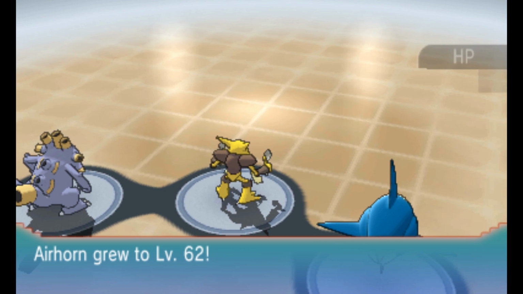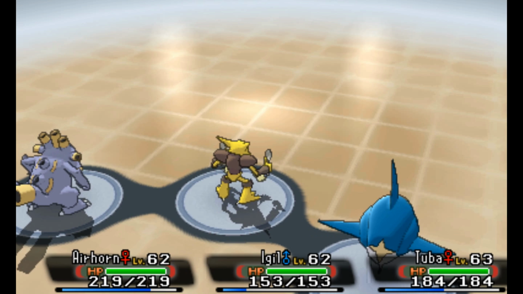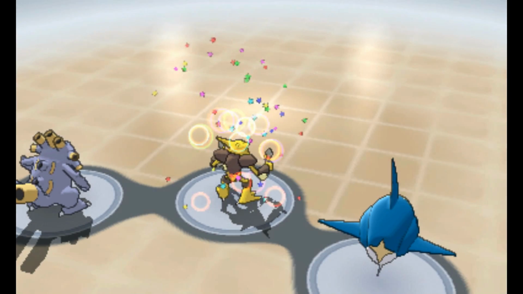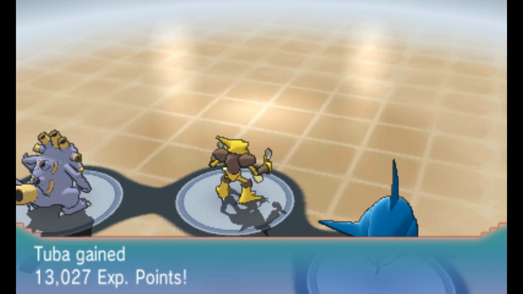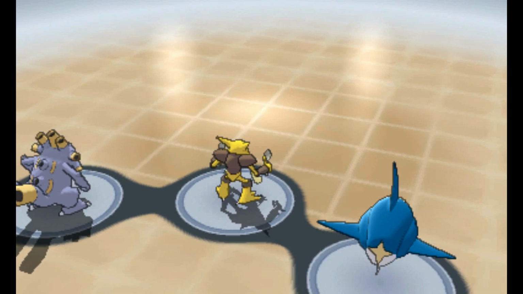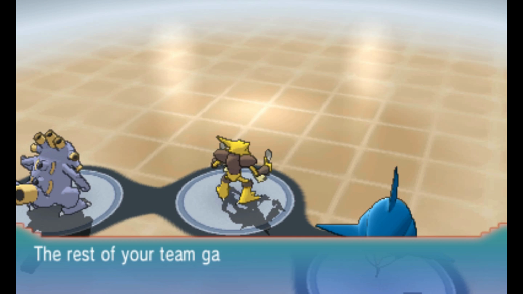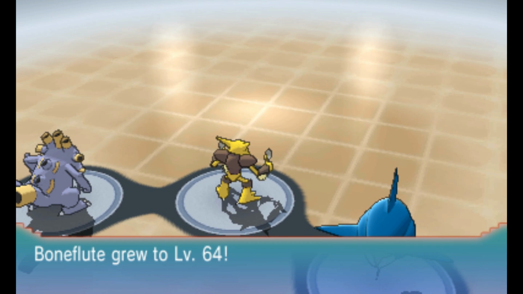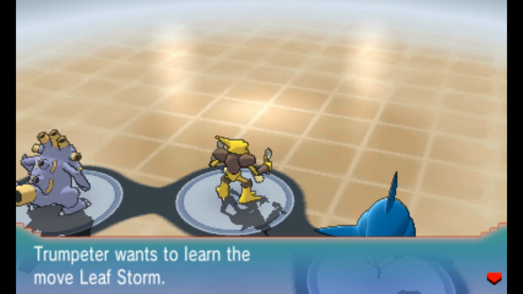So, I believe Airhorn and Eagle grew from level 59 to 62 in one battle. And again, this is without any experience point boosts at all. So, this will go even higher with other items like that. What I kind of like to do is see, with a maximum experience point power and a lucky egg, just seriously, how high can a level 1...